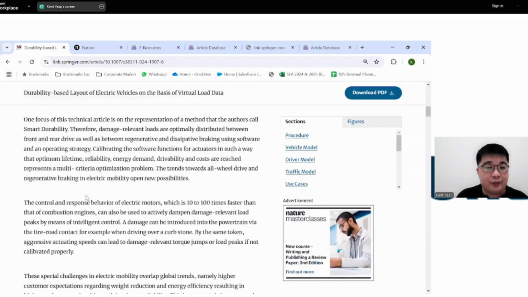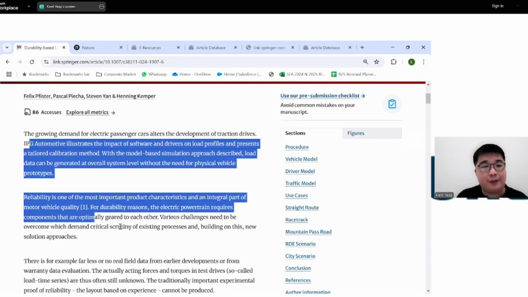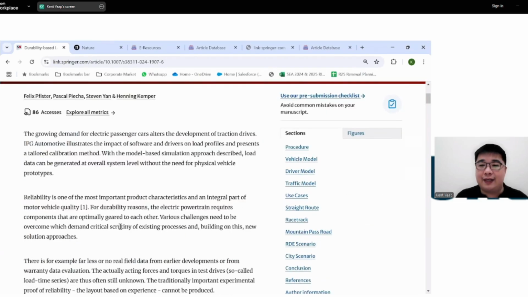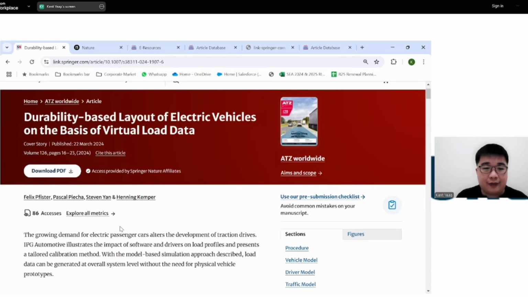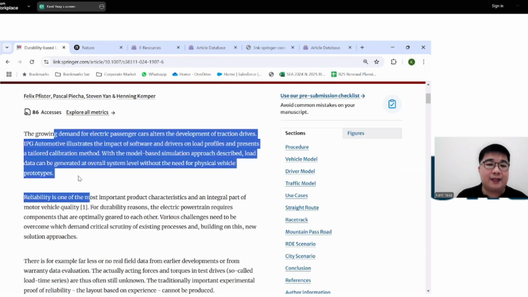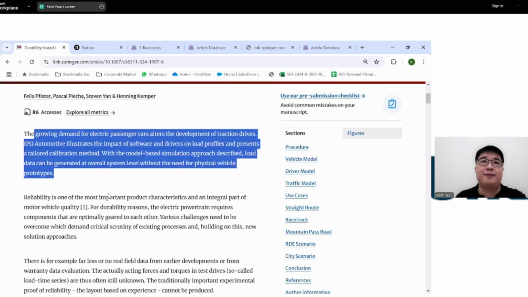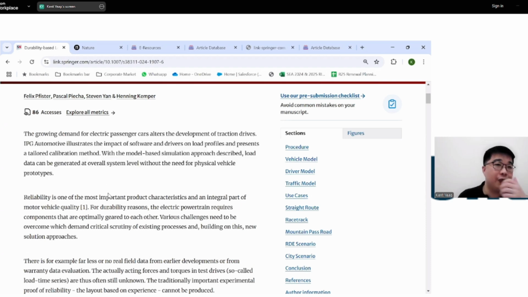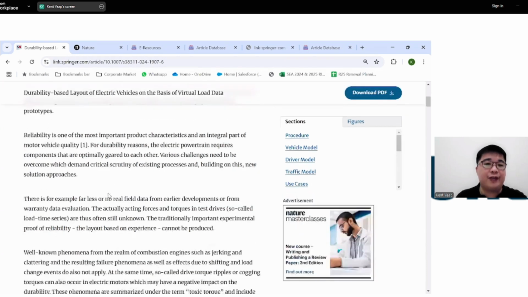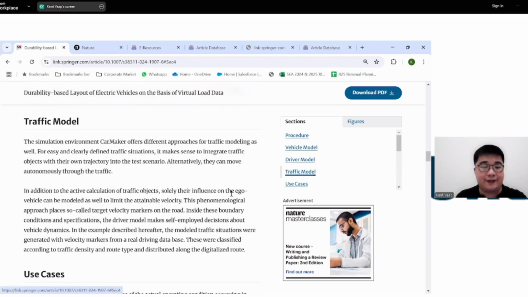Now, from here, you will notice that you are already looking at the full text of the paper, right? This is a bit of a different type of article because it's more of a cover story rather than a research article. But basically, in a more traditional article, you will see that this part is more of the introduction before you actually read the full text. And if you scroll below, you will then be viewing the full text itself.